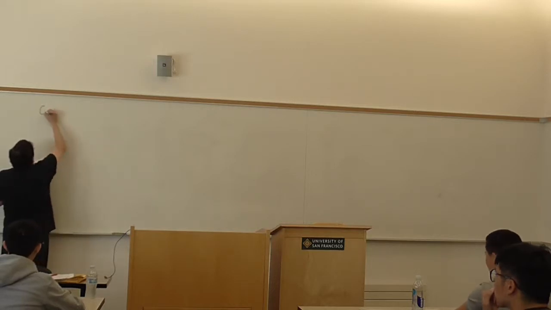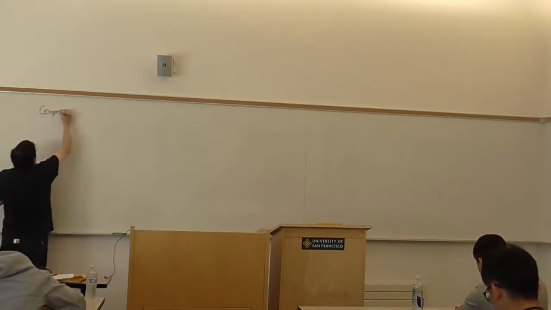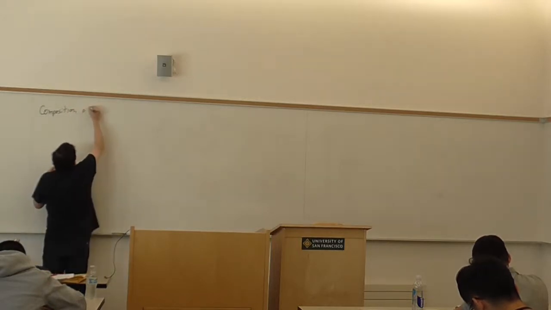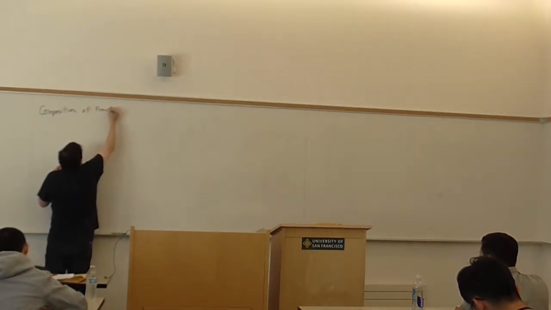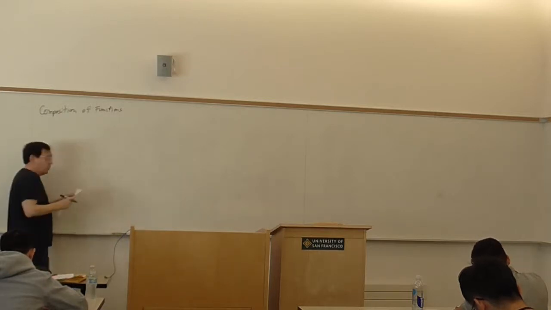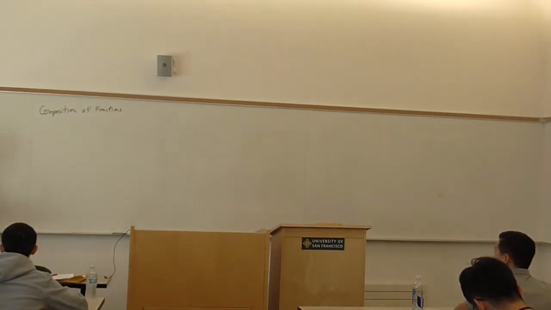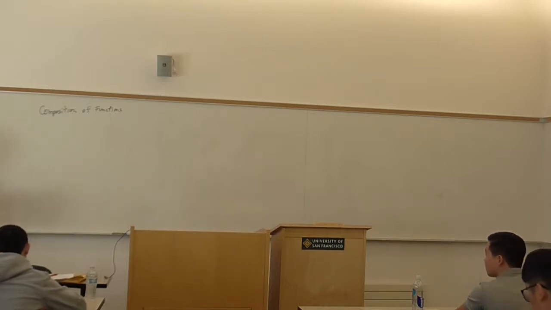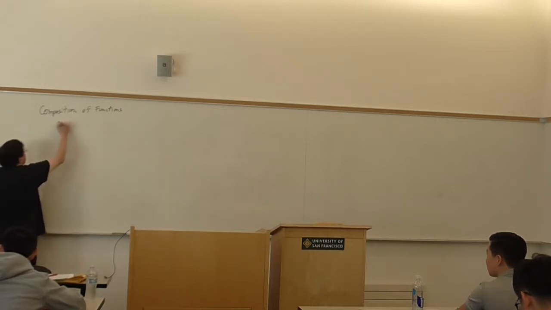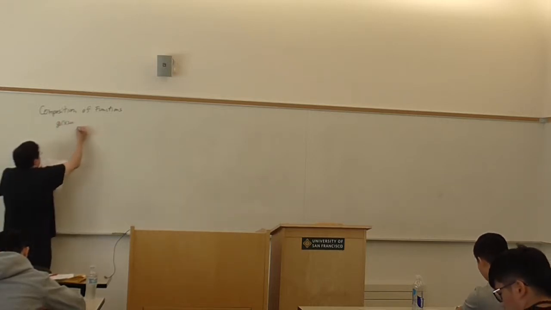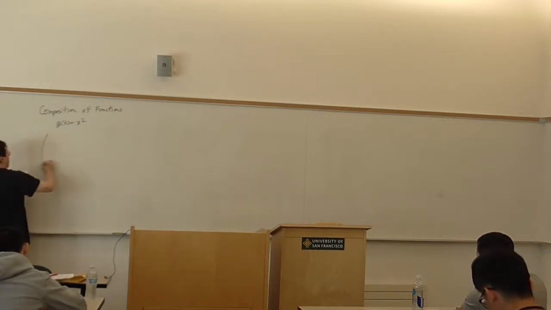Subtract them, multiply them, divide them. Now we're going to do something a little more complicated and really important called composition. Composing two functions. The idea is you take a function, g of x equal to x squared,